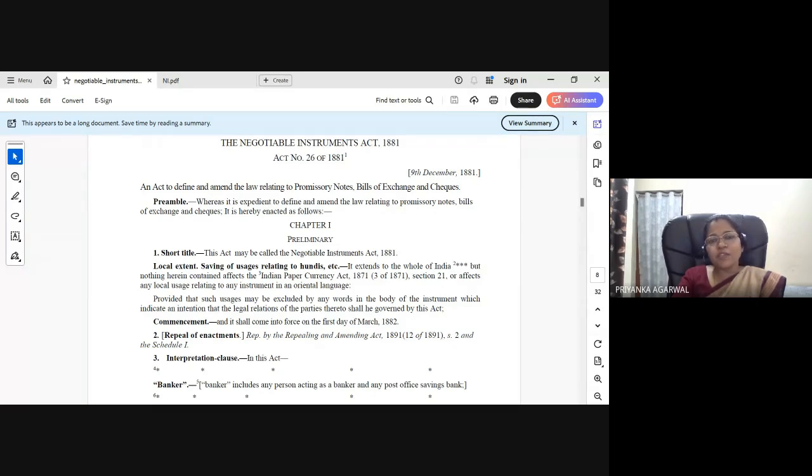So why did the Negotiable Instruments Act come? In traditional times there was no NI Act, but still negotiable instruments were used, like your hundi. So why is the NI Act required? It was required in order to give legal sanctity to these transactions. If there is no NI Act, then though a transaction is happening and negotiable instruments are being used, that instrument does not have legal sanctity, right? So, what do you mean by negotiable, and what do you mean by instrument?